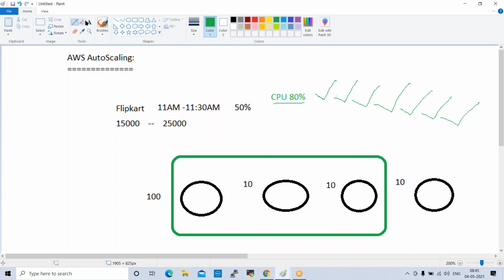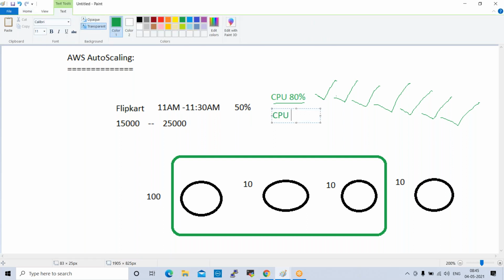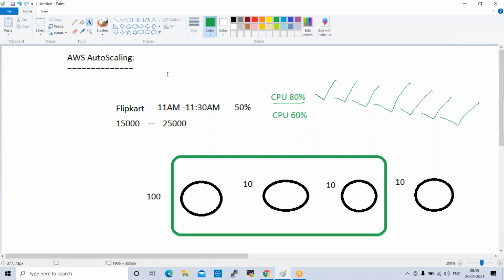So we configure something here: whenever CPU utilization is less than 60%, the additional servers that were created will be automatically terminated, deleted. The fixed ones will not be changed. So auto scaling will keep your application up and running fine 24/7.